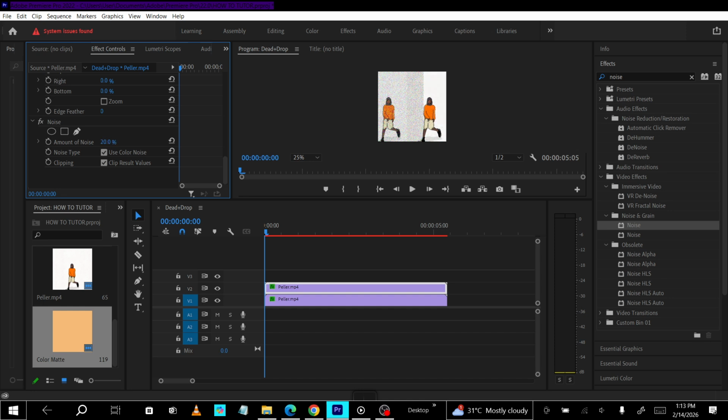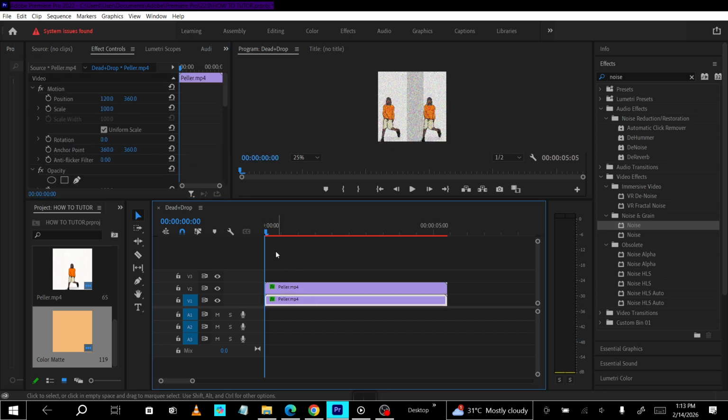Before wrapping up, do a quick pass at full screen and normal playback speed. If you notice the grain jumping out, pull the amount or opacity back a touch. Subtlety tends to age better, especially across multiple